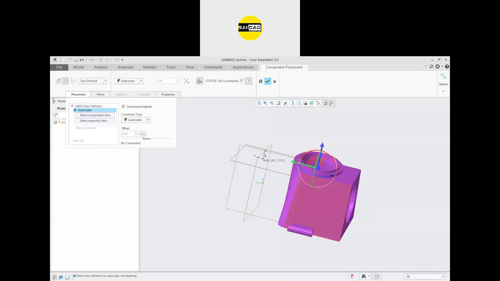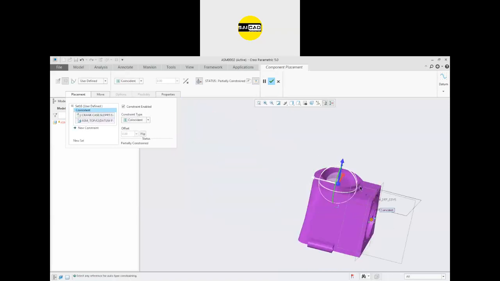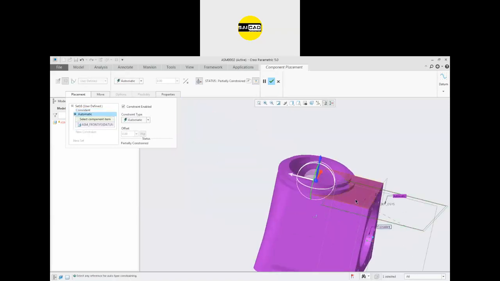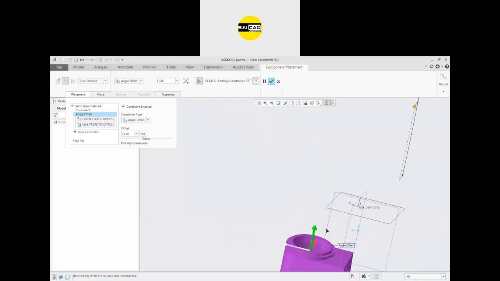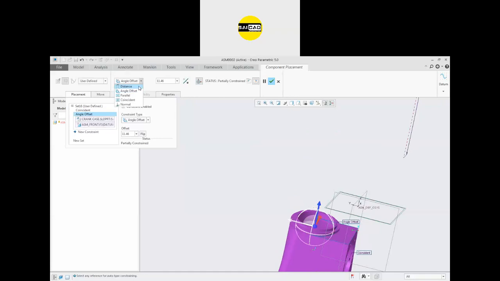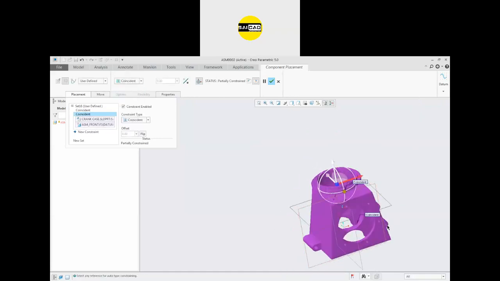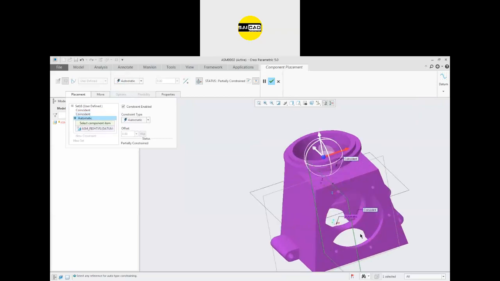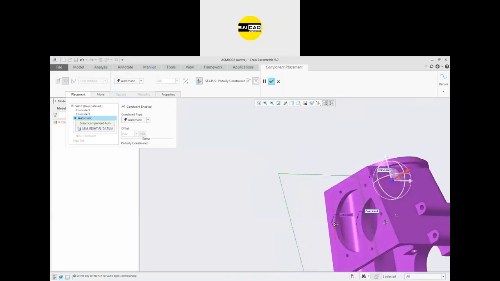So we don't have planes in this part. So I'm just going to define that this plane should be constant to this one. This plane should be constant to here, and it has a motion up and down. So it should be constant like that. After that, just define a relation with respect to a face. So here we don't have a face that is flat.